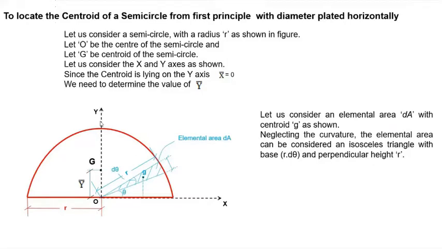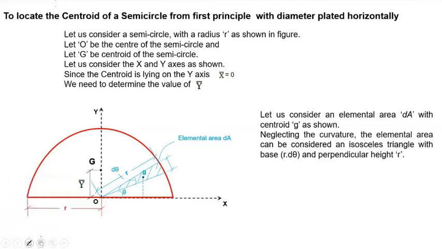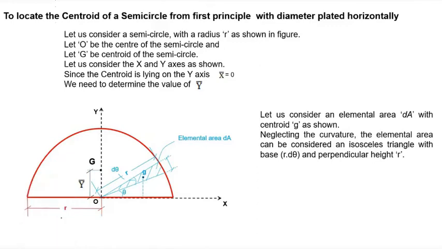And let us consider a small elemental area like this. Here also we could have considered the same way. Instead, what you could have done here is, one second, here also you could have considered an elemental area like this. But if you consider an elemental area like this, what are all the variable things which will be considered? What will be the variables in that integration formula?